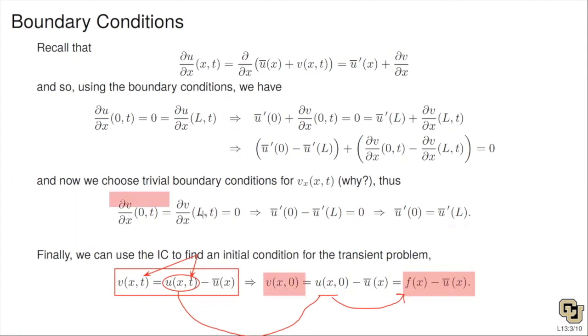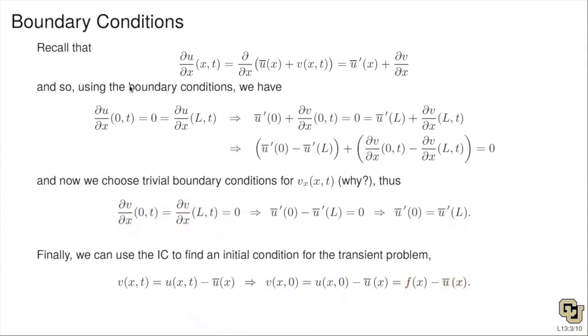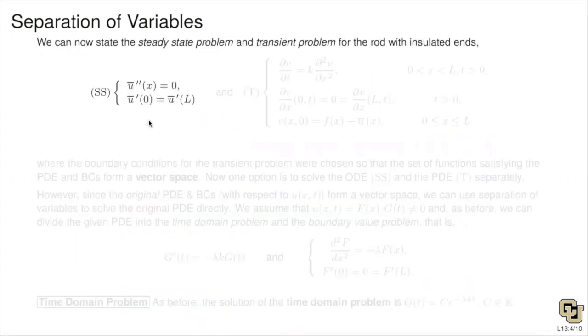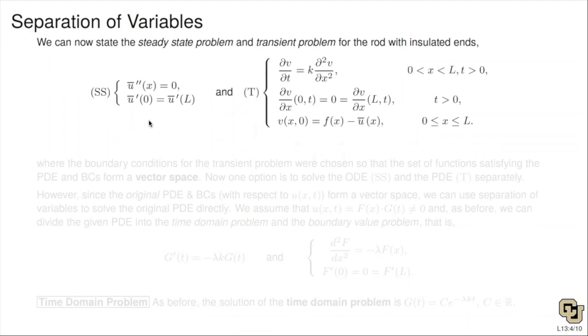And so for v, we have the initial condition, we have the boundary conditions, and we have the PDE, so that's a complete system. And for u bar, we have the ODE and boundary conditions. So here's the steady state ODE for this case where we have the insulated boundaries on the rod. And here is the transient PDE with homogeneous PDE and homogeneous boundary conditions, so that the set of functions that satisfy the PDE and boundary conditions form a vector space, so that we could start to do separation of variables